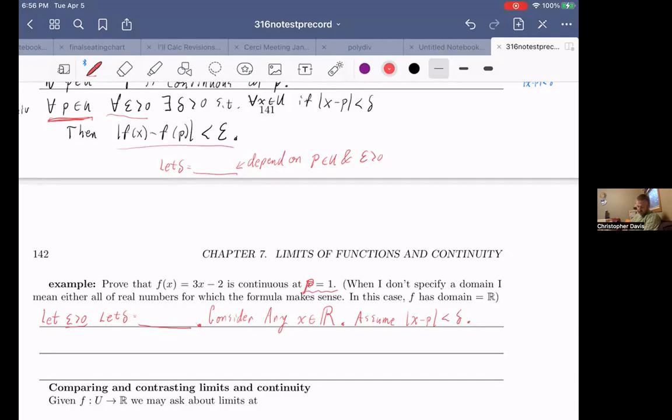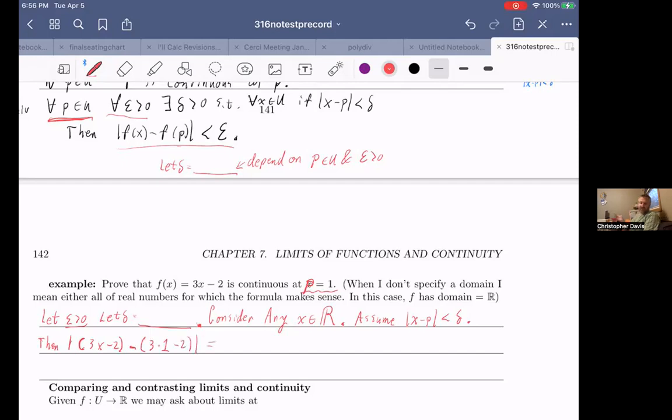So let's do that. Then the absolute value of the function 3x minus 2, minus f of p, and p is 1, so 3 times 1 minus 2,